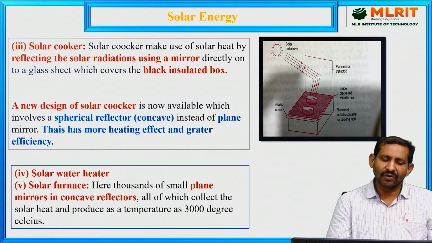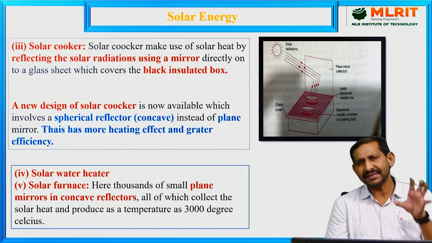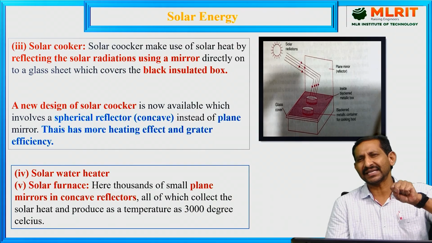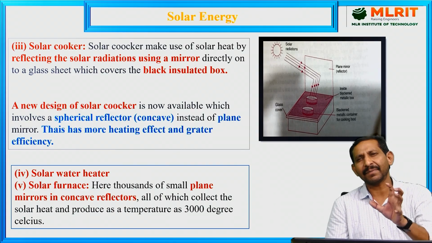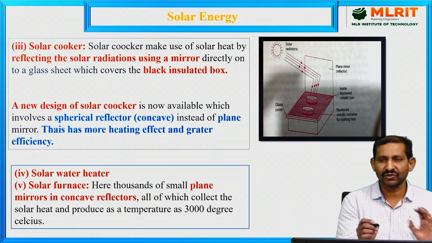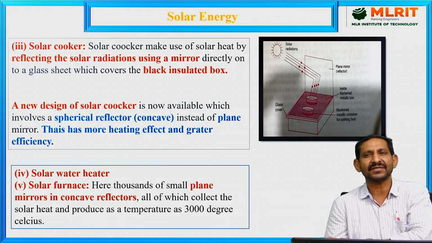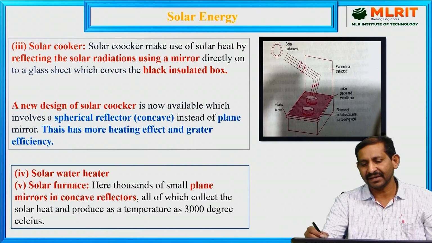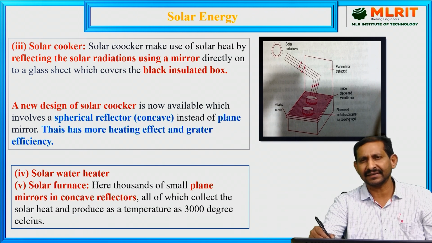So that is the principle involved in solar energy. Now coming to the third one, solar cookers. Solar cookers use solar heat by reflecting the solar radiation using mirrors. The mirrors are used as materials for trapping heat from the solar energy. The glass sheet is covered directly over a black coated insulated sheet. Some mirrors are used for trapping, as shown in the diagram, whatever solar energy is coming from insulated materials like the mirrors.